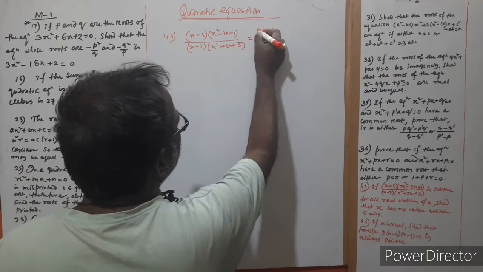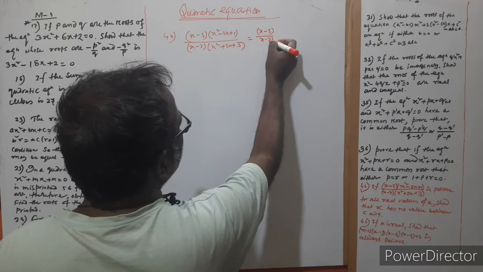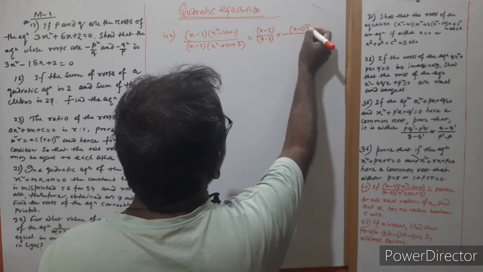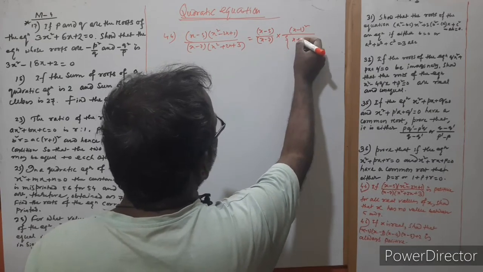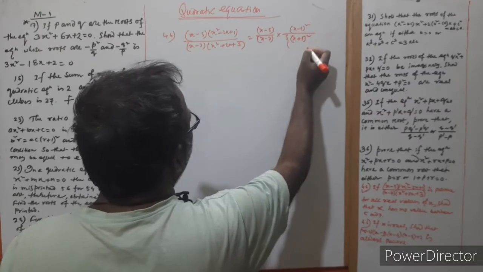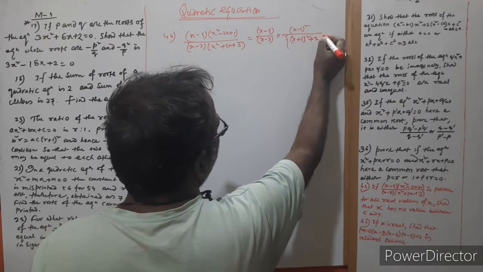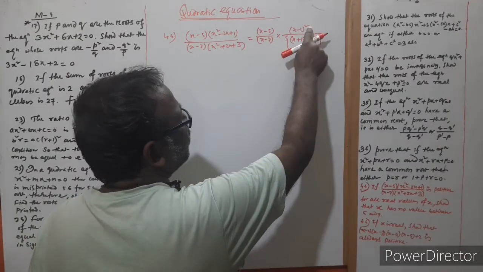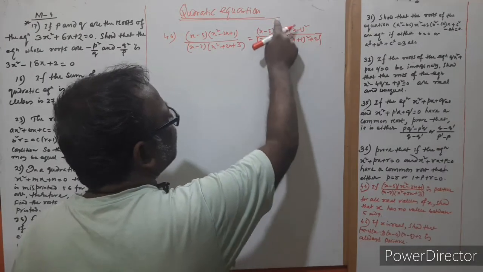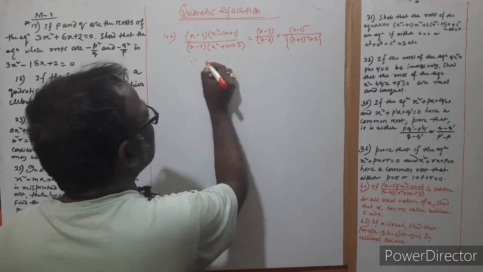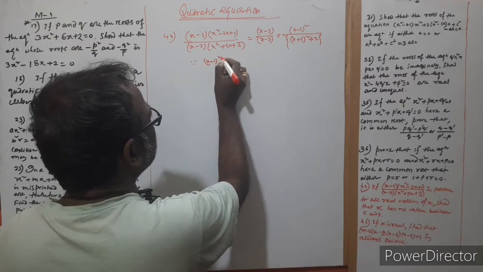So this is (x minus 5) by (x minus 7), and then (x minus 1) whole square, and (x plus 1) whole square plus 2. So clearly this is positive and this is also positive. We have to show this expression is positive, since (x minus 1) whole square is positive,